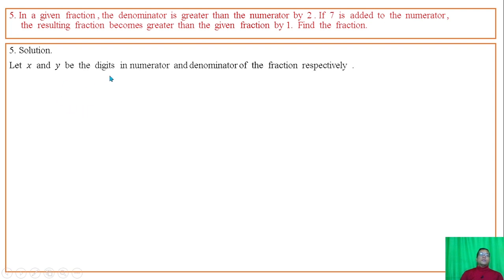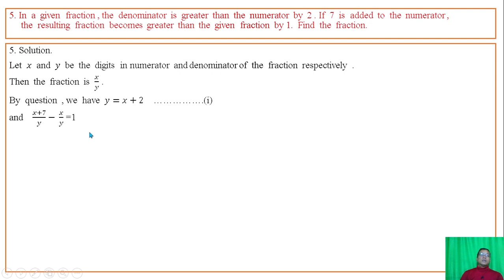Let x and y be the numerator and denominator of the fraction respectively. Then the fraction is x by y. By question, the denominator is greater than the numerator by 2, so y equals x plus 2, which is equation 1. Also, when 7 is added to the numerator, x plus 7 by y